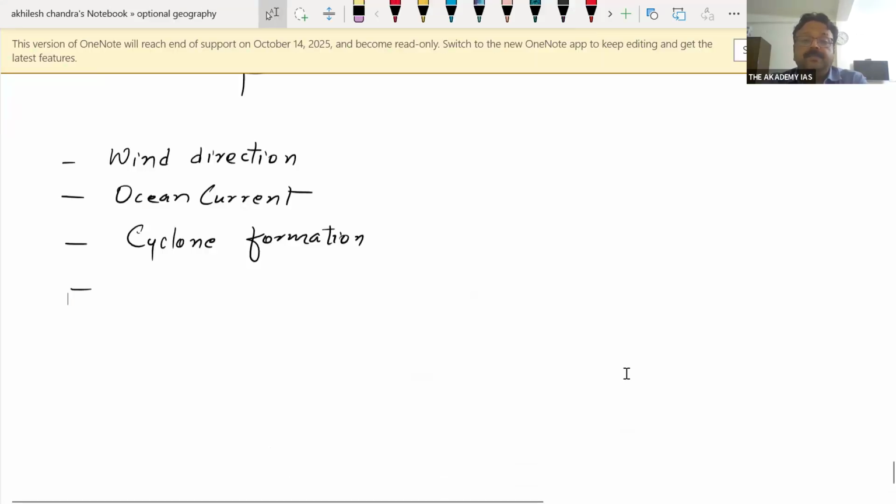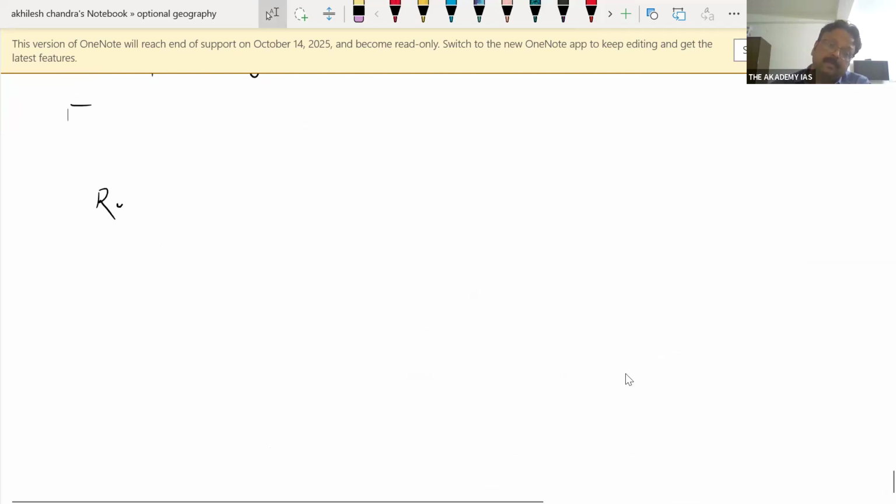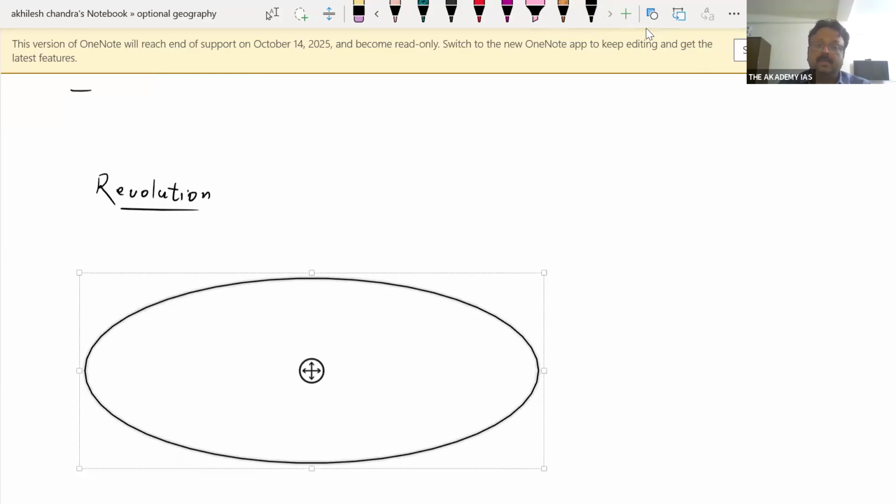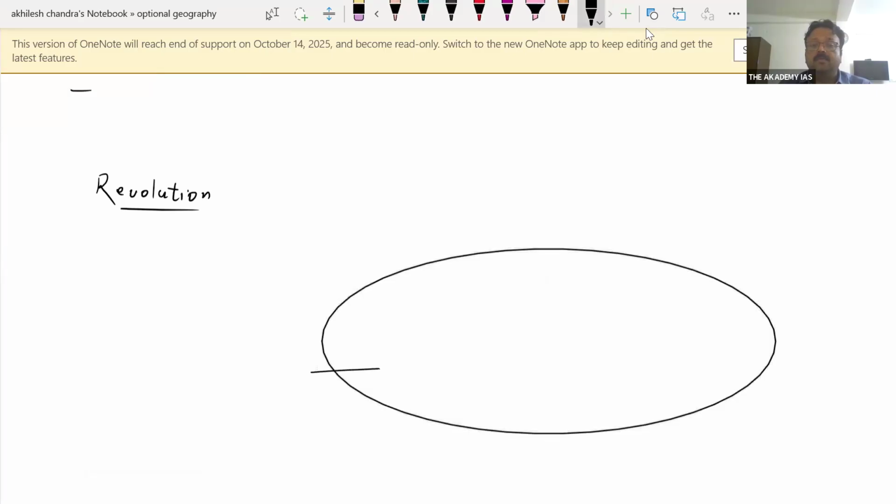आइए बात करते हैं रिवोल्यूशन। रिवोल्यूशन तो अर्थ रिवॉल्व्स अराउंड द सन on an elliptical orbit. And sun can remain on any one of the foci of this elliptical orbit. सन कहीं भी हो सकता है, किसी भी एक फोकस पे सूरज हो सकता है। मान लीजिए ये फोकस हुआ,